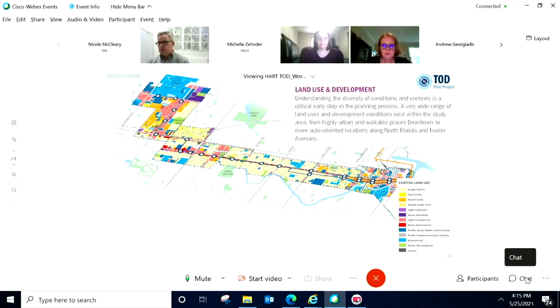We've looked at the conditions along the corridor through a number of different lenses, some of those traditional, some a little non-traditional. But the basics is really looking at land use and development conditions along the corridor. And what we have in a lot of places along the corridor are different levels of stability of neighborhoods that are within walking distance of the stops, and then the frontage has a really wide range of conditions from downtown, highly urban, highly walkable, more diverse, to Tampa Heights and Seminole Heights, which is really smaller scale and a lot of auto-oriented development, to the north end of the corridor, which has more conventional suburban development. And I'll talk about a little bit more about what that means in a minute.